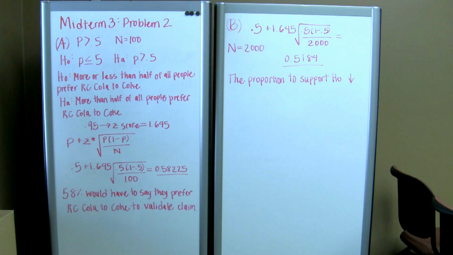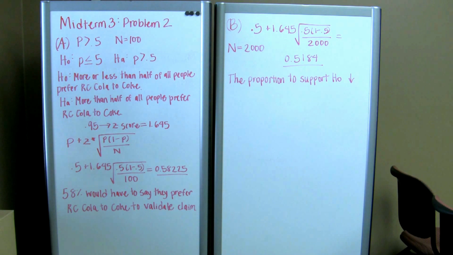So what I did was I converted 95%, found the z-score for that, which was 1.645, and I used the equation p plus z-score multiplied by the square root of p times (1 minus p) divided by n. When I plugged in the values, I got the equation 0.5 plus 1.645 multiplied by the square root of 0.5 times (1 minus 0.5) divided by 100. And I got the value of